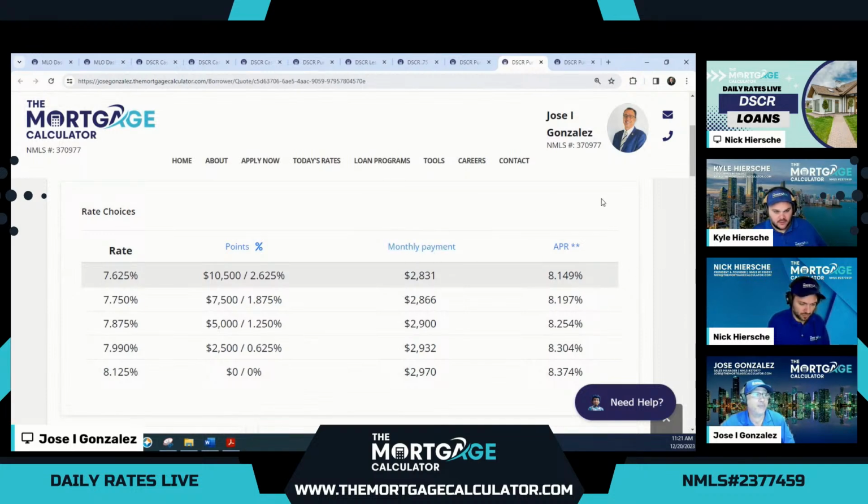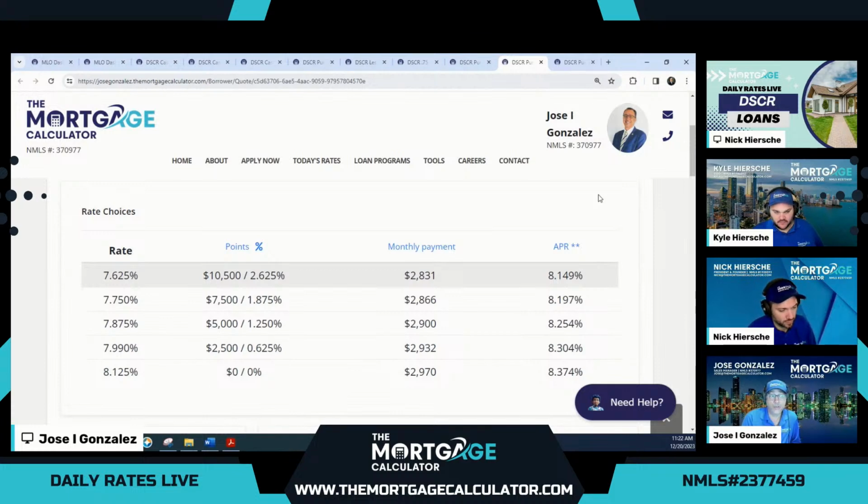So here we have 8.125% at par. That's amazing. And you can buy that down to 7.625. And again, like I state in all the shows, there are rates lower than 7.625. You would just have to make sure that you run your compliance test, paying special attention to the points and fees part of the test to see if you get bona fide discount points, for example, that would not be included in the test. If that's the case, there are certainly options lower than 7.625 that would be compliant.